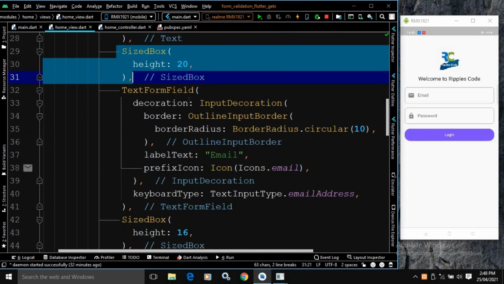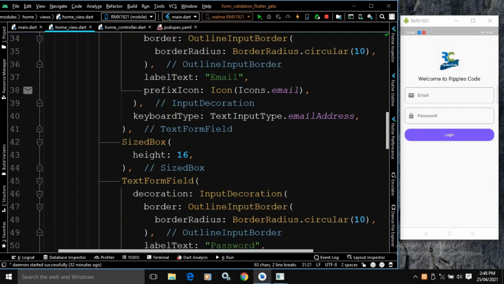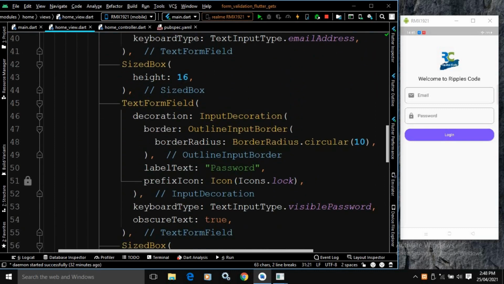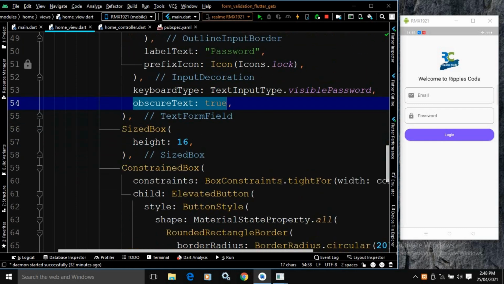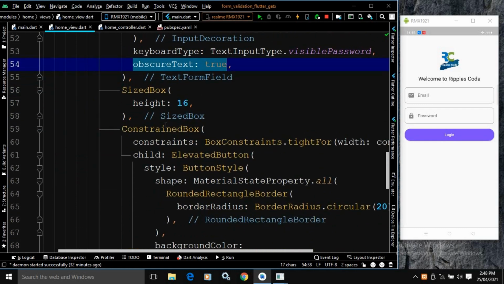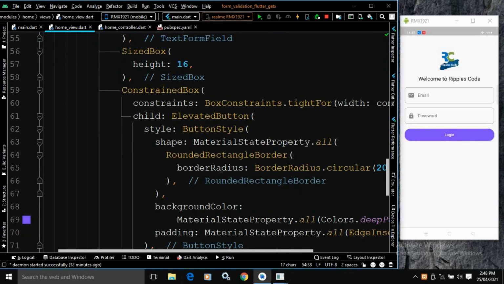Now we have a TextFormField having the label text as email. After that, there is again a SizedBox. Now again there is a TextFormField having the label text as password. Here the obscureText is true, and after that there is an ElevatedButton inside the ConstrainedBox with this button style.